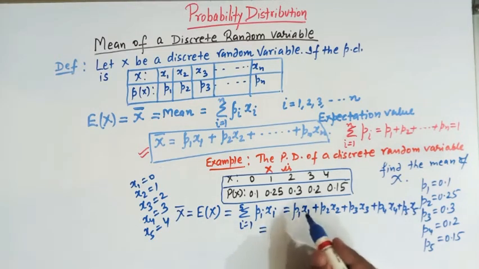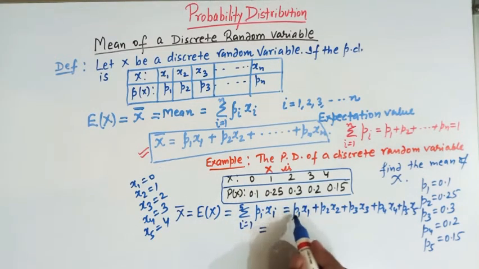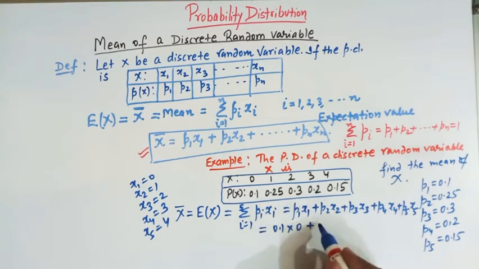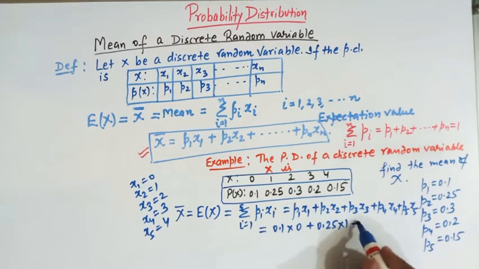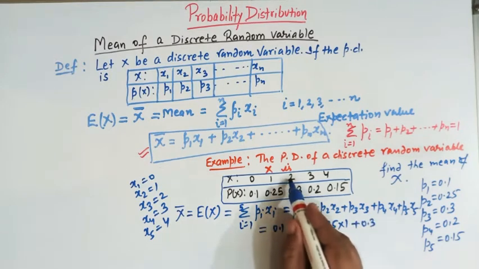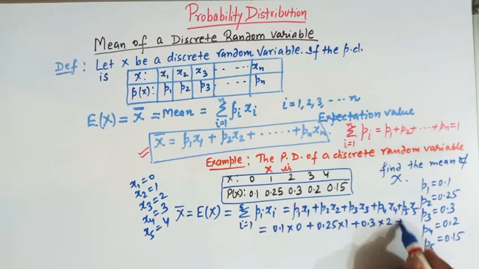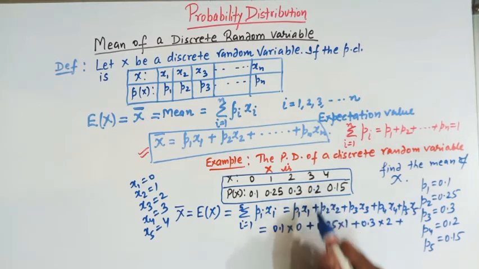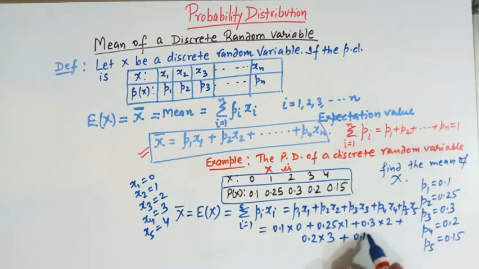And p1 x1 is, see, p1 is 0.1 and x1 is 0, so here we'll substitute the values, plus p2 is 0.25 multiplied by 1, then we have 0.3 multiplied by 2, plus 0.2 multiplied by 3, plus then we have 0.15